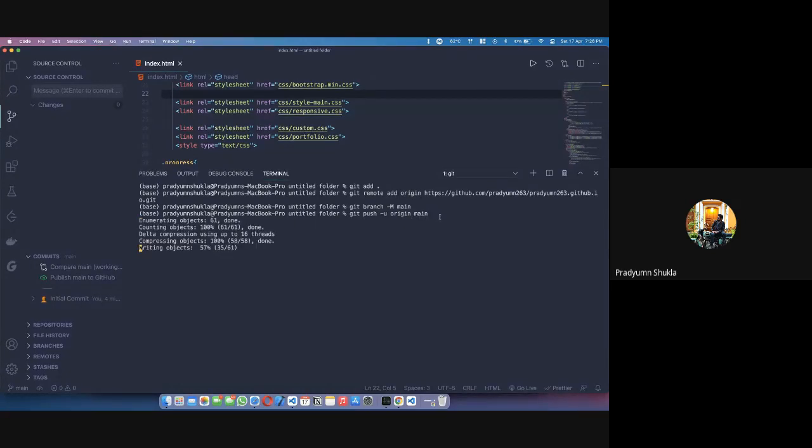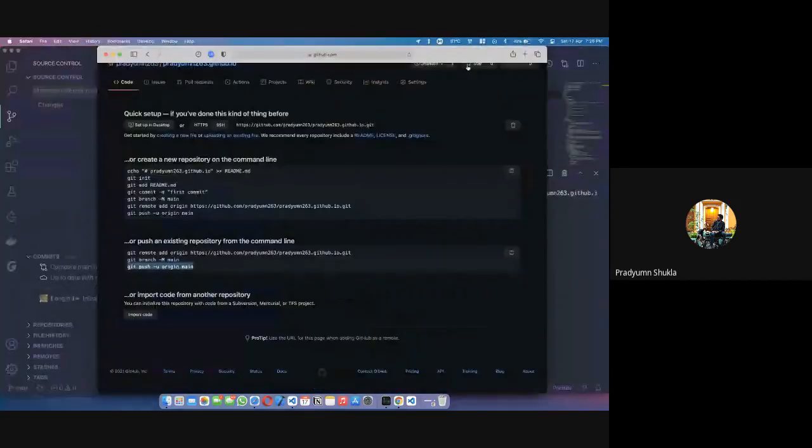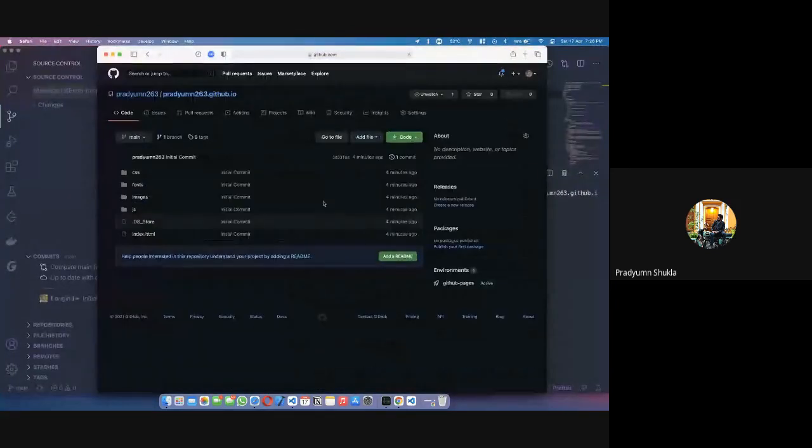Cool. It has made some changes, it's doing something, and then it pushed it. As you can see, it did not ask me for my password. Why did it not do that? Because this is a public repository and it's my account. I'm signed into this VS Code IDE. If you are not signed in, it will ask you to enter your username and your password. So that way it is safe. Cool. And now if I refresh this page, you will see the entirety of my code over here.